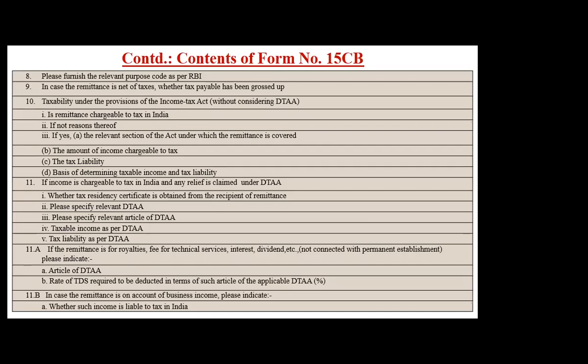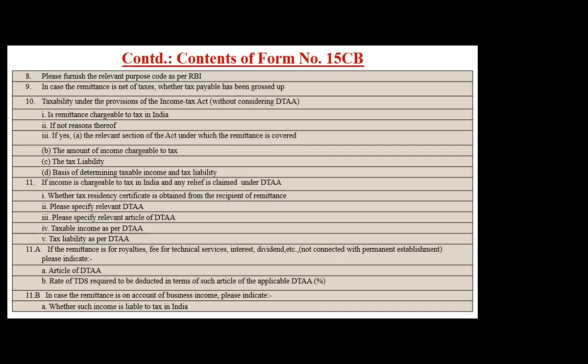So, a purpose code we have already defined. You have to see the purpose code of the RBI. If you do not know the purpose code of RBI, speak to your AD, because most of the time now they have become very stringent on that. They reject the form if there is a wrong purpose code. So better, it's also a drop down menu, so better to select the correct purpose code, and you can speak to the AD of the assessee.